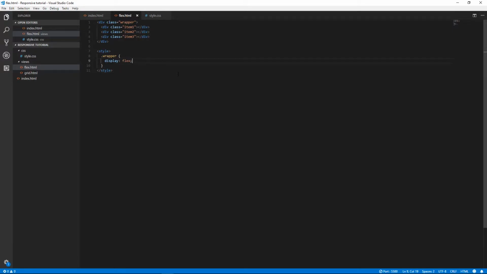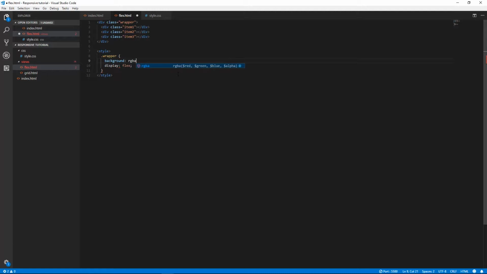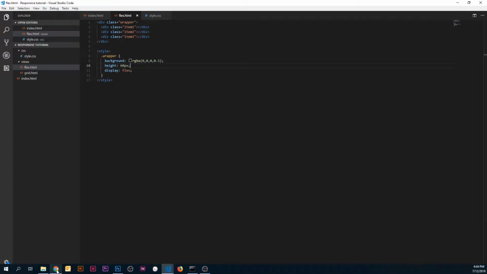So let's define the wrapper's stylings. That'll be the holder of the nav. For that, we'll do a background of, let's do a nice little see-through blackish type thing. We'll set the alpha value to 0.5, and we'll need a height on this. I like 60 pixels on a navbar. Let's look at that. So there we have our little navbar,